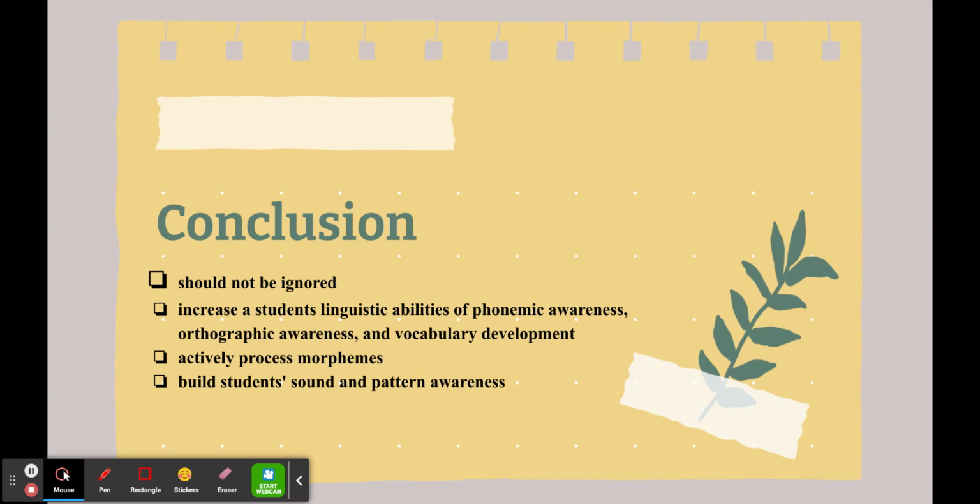In conclusion, even though there is more research to be done, there is a growing body of evidence that morphology should not be ignored, but in fact works together to increase a student's linguistic abilities of phonemic awareness, orthographic awareness, and vocabulary development. We know that language and literacy development are connected tightly, and students need to be able to have the skills to actively process morphemes and words to be a successful reader and writer. It continues to build students' sound and pattern awareness to increase spelling accuracy and word